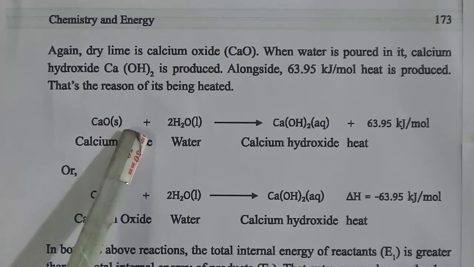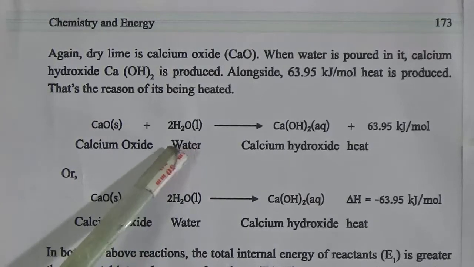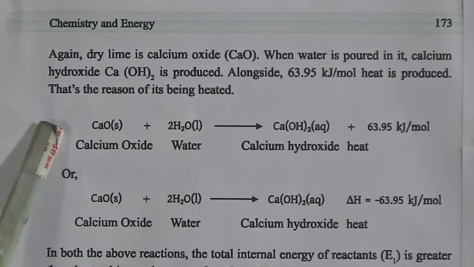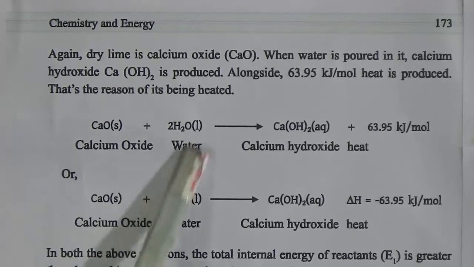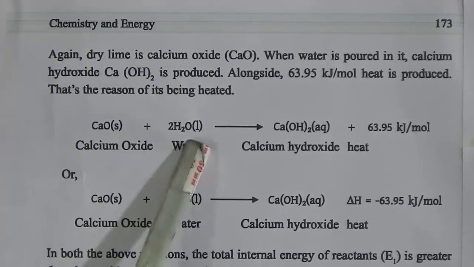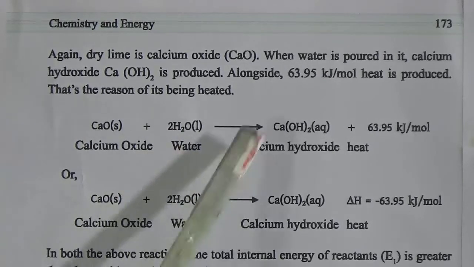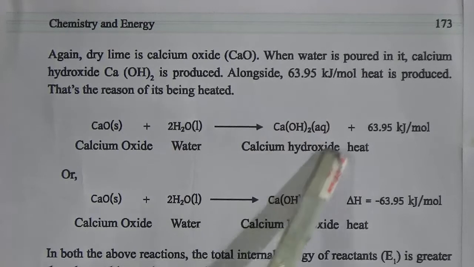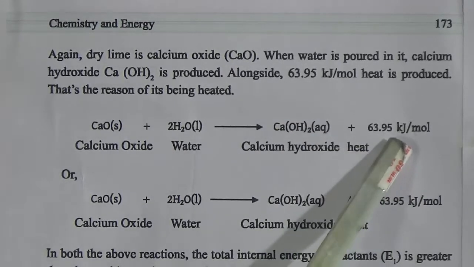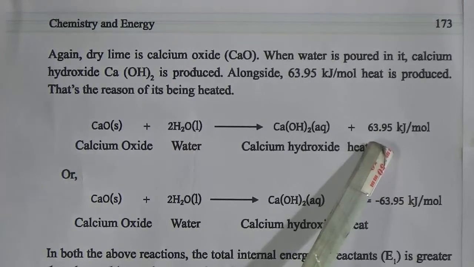Again, when calcium oxide and water react, if you observe when the laborer does the whitewash of a building, at that time they mix the water with the calcium oxide, that means lime. When lime and water are mixed, that water becomes boiling, because they produce calcium hydroxide and heat energy. That's why we see the water and calcium oxide, when mixed with each other, the water becomes boiling because of